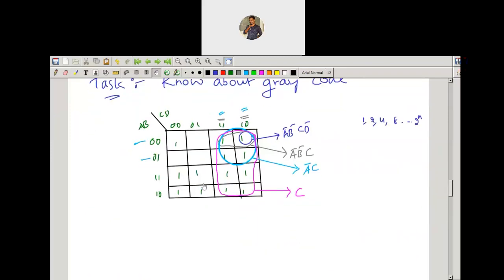So you can observe, you can group these four cells. Here you can group these four cells. But if you group the four cells, what happens? You're going to get a minimal expression, but it is not as minimal as possible when comparing with the 8 cells grouping. So here there's a possibility of grouping 8 cells. Then you should not group the 4 cells here. If there is no possibility of grouping 8 cells, then you can group the 4 cells. But here there is a possibility of grouping 8 cells by using the overlapping. By using overlapping, you can group these 8 cells here.